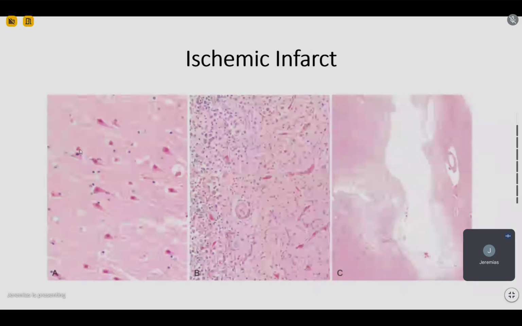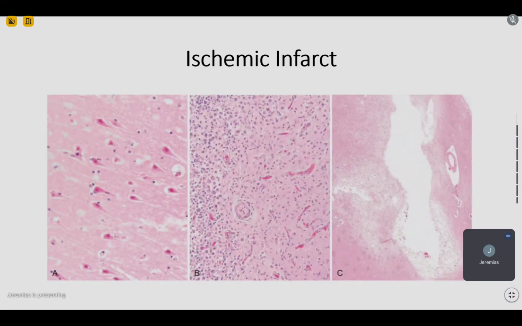So, di ba, katong show na ko picture ganina, red neurons. This is the area that shows eosinophilic neuronal necrosis. But this type of red neurons, they are already dead. Then for B,